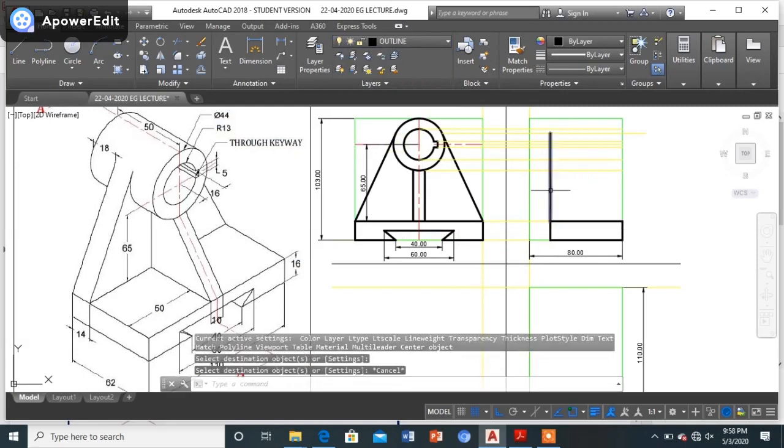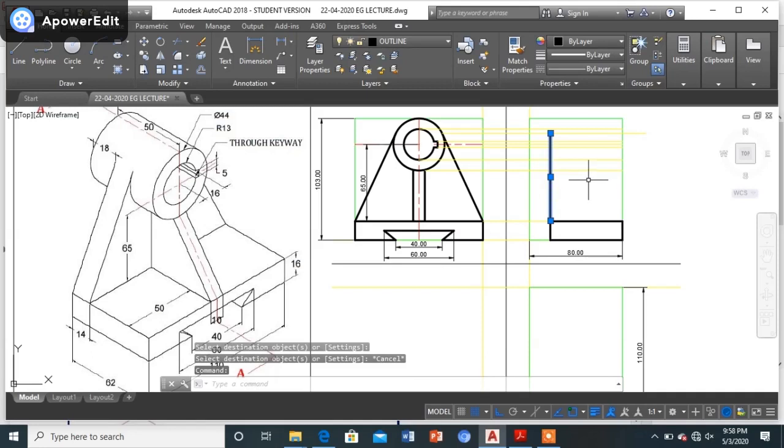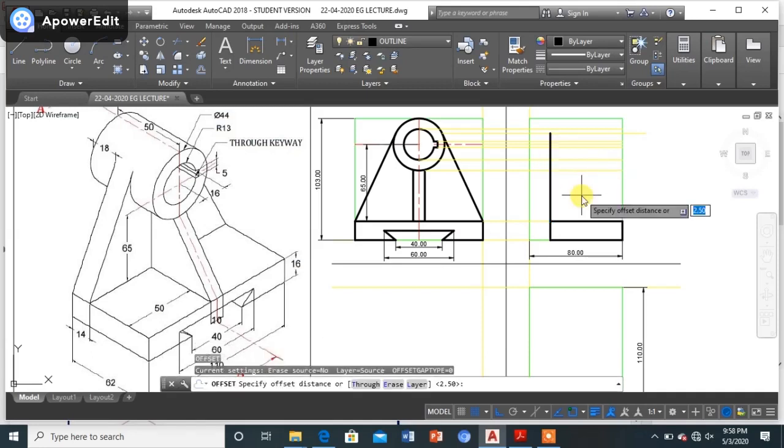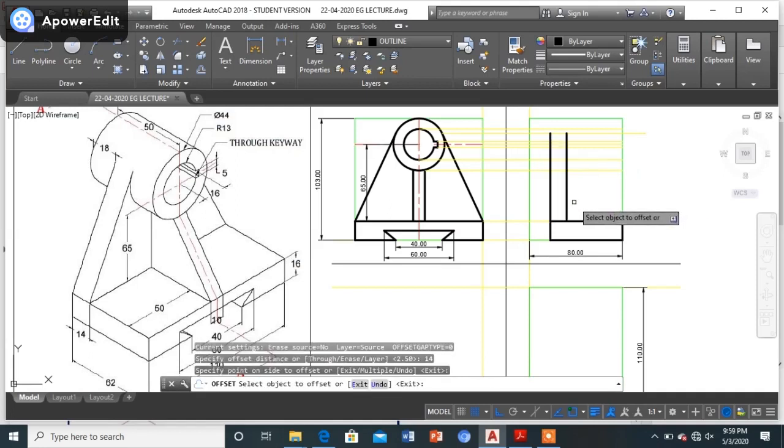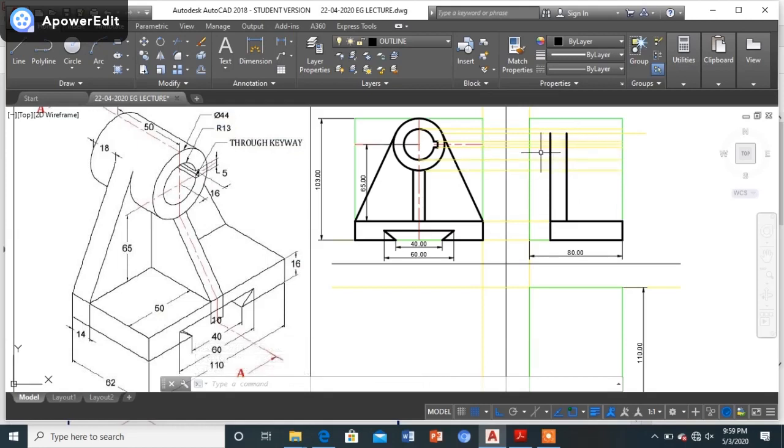Now I can draw one more line at a distance of 14 mm over here. So it's like this. Now the cylindrical part that we want to draw will be drawn from the center line, and it is totally of length 50 mm.